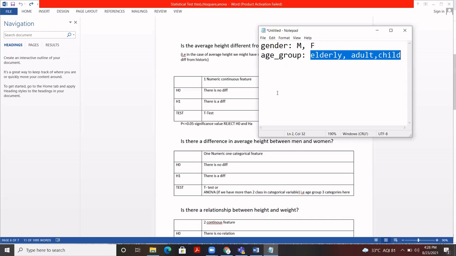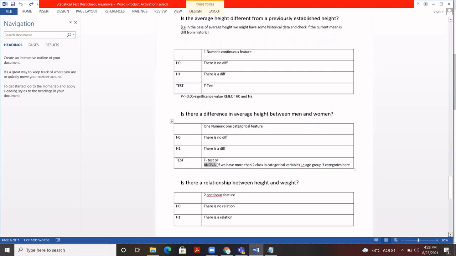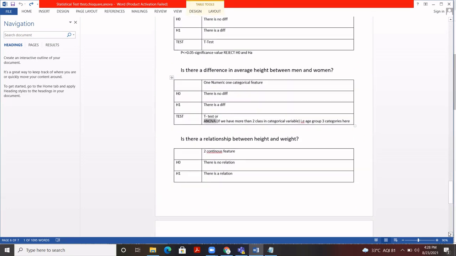After applying this test, we check the outcome in the form of a p-value, and based on the value, we reject or fail to reject the null hypothesis.